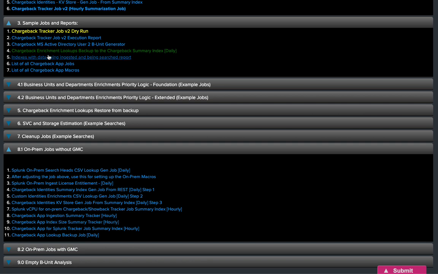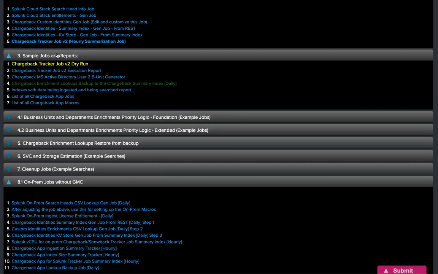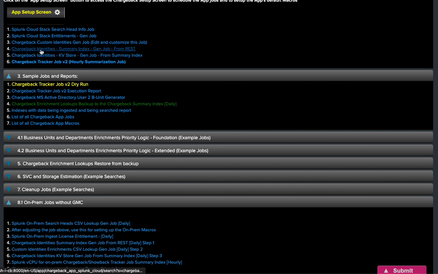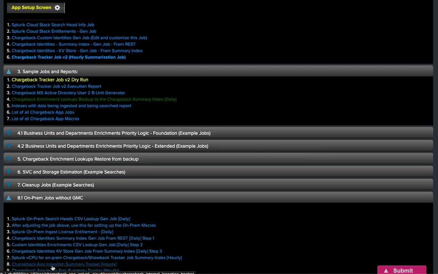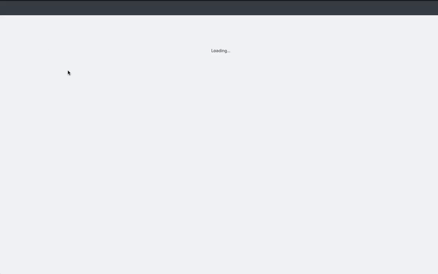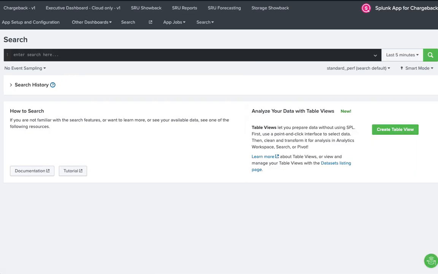And then you need to start working on the custom identity data store. So for Splunk Cloud customers or on-prem, this job here, custom identities gen job, or there's another link to it down here, to basically customize the same thing. So if we click on it over here, you just need to